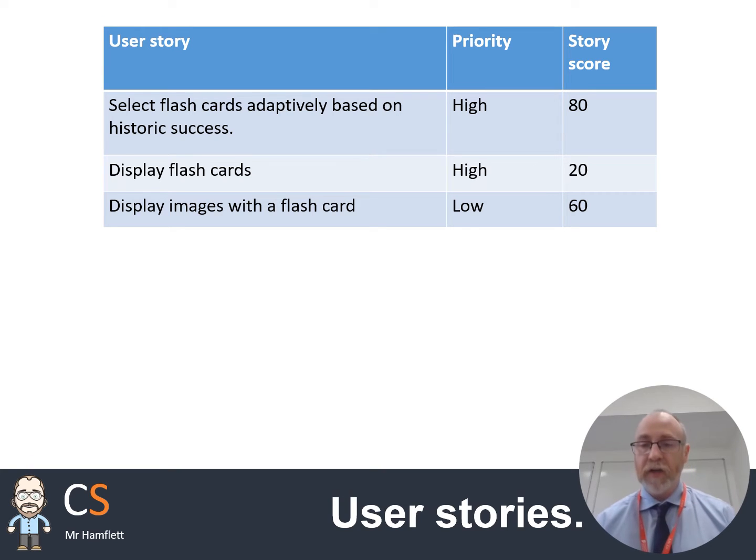So this story score becomes your best guess of how long roughly you think it's going to take, as a relative score to all the other features. Now, the reason why we do this is because the high priority user stories or features are ones you must do. Okay, so they have to be there. They're very likely going to be the core focus of maybe prototype 1 and 2. But you might decide, actually, well, I've got this really high priority feature, in this case, selecting flashcards adaptively. Okay, and then I've also got